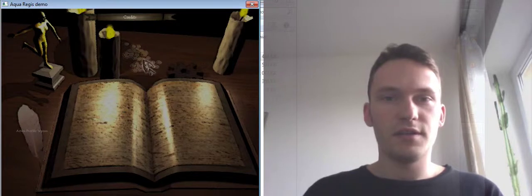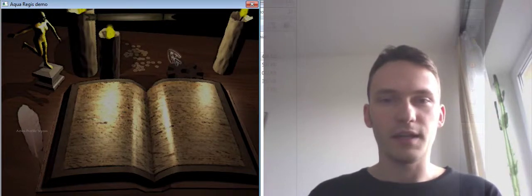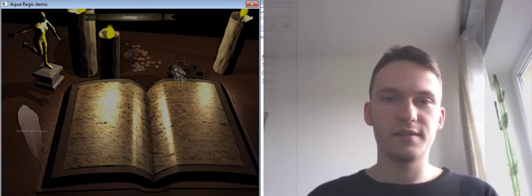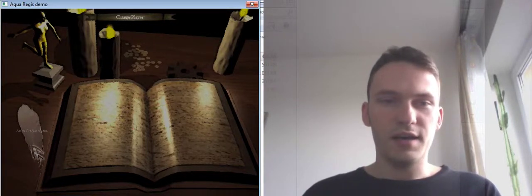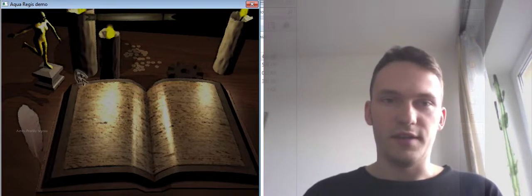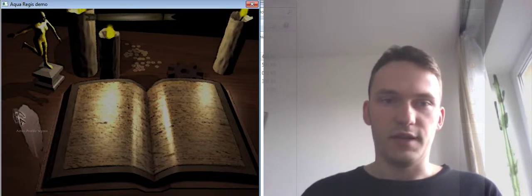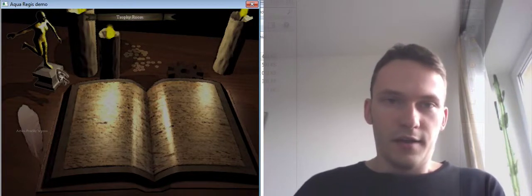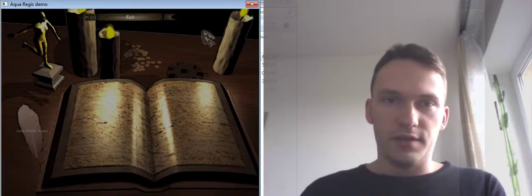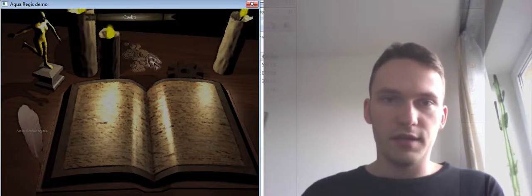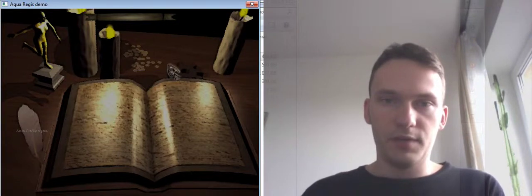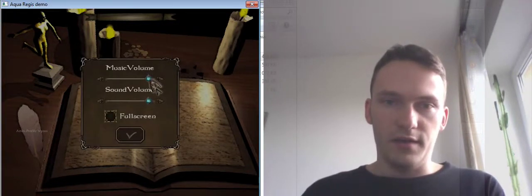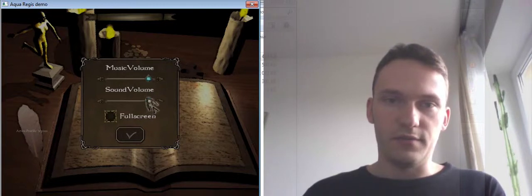The original idea was to create a game in a little bit darker setting than most casual games, which I'm not sure was a good choice, but as you can see, the main screen is not that bright, there are lots of shadows and stuff. We've got different options. We can exit the game, obviously. We can see the credits, which is just a simple window. We can adjust settings, which just changes the music and sound volume.